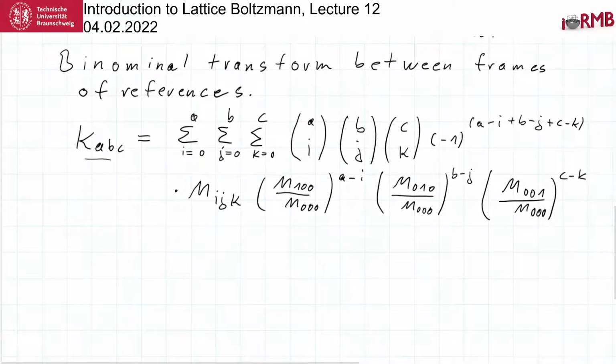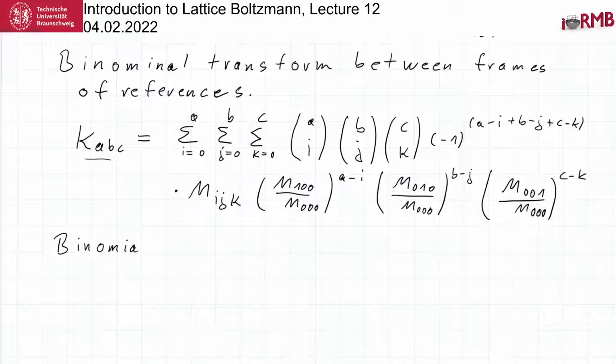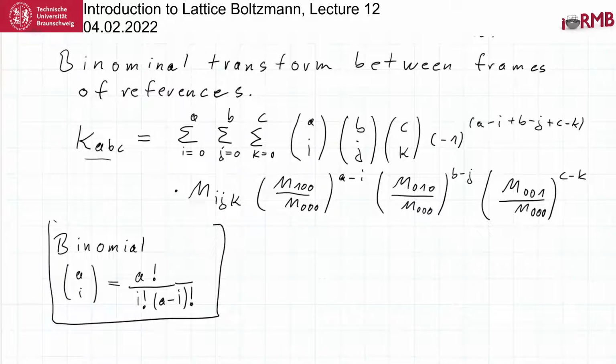Okay, so in this expression, just as a reminder, the binomial is not a vector. A over I is equal to A factorial divided by I factorial times (A minus I) factorial. So this is what we have in this equation. Okay, so this is this transformation,